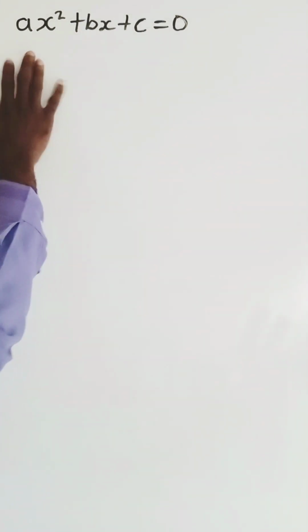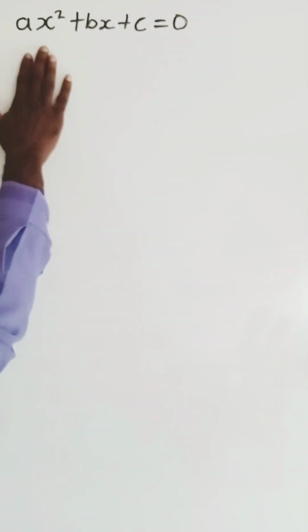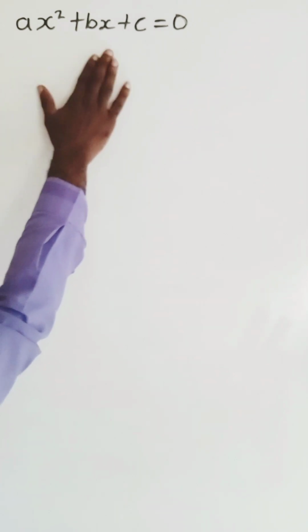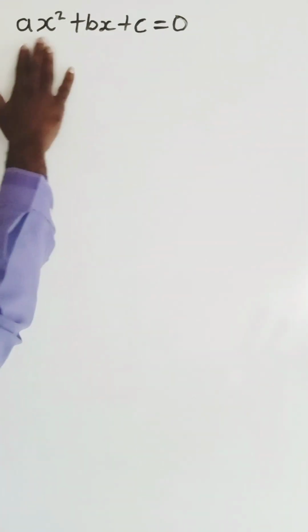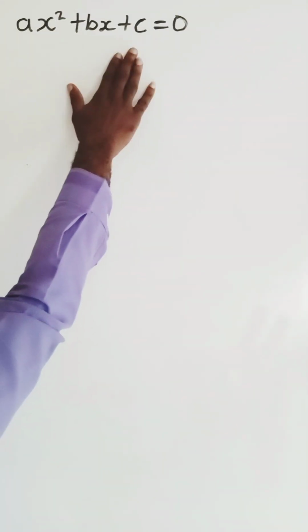Hello viewers, today we'll be deriving the general quadratic formula by using this expression with the completing the square method. Now on the board we have the general form of a quadratic equation, ax squared plus bx plus c equals 0, where a and b are the coefficients of x squared and x respectively, and c is a constant